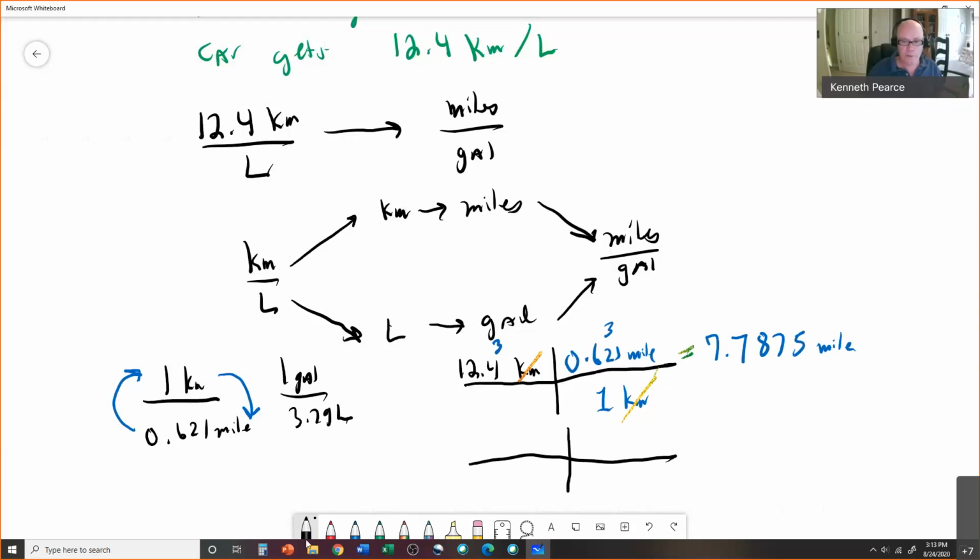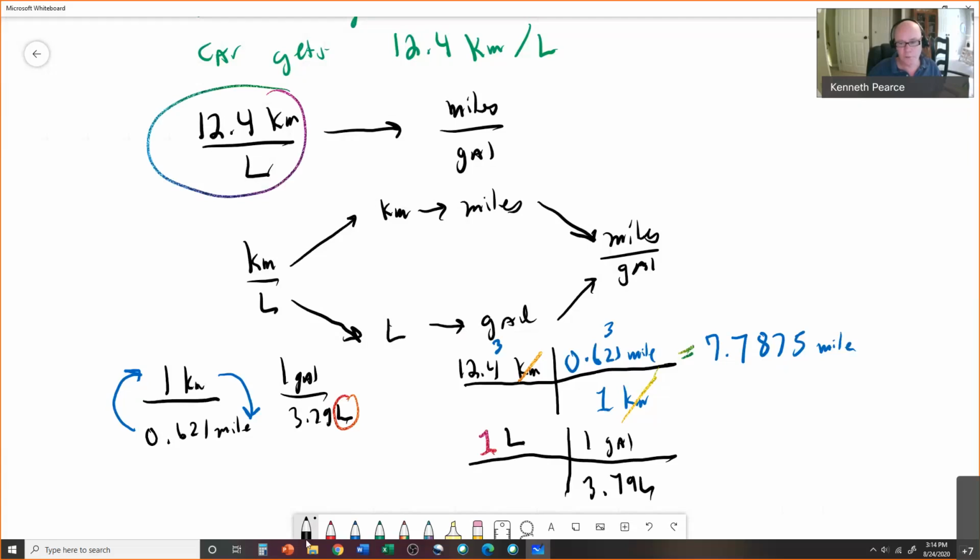We draw another line, there we go. And in this case, it is a liter. That's what we're starting with. Over here is our measured number, so we always start with our measured number, and that's 1 liter. Now we look over here and we see liters is already on the bottom, so we can just copy it down over here. Just copy it down, and so we say 1 gallon is